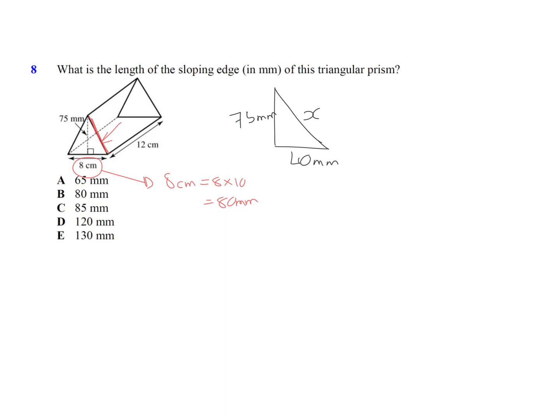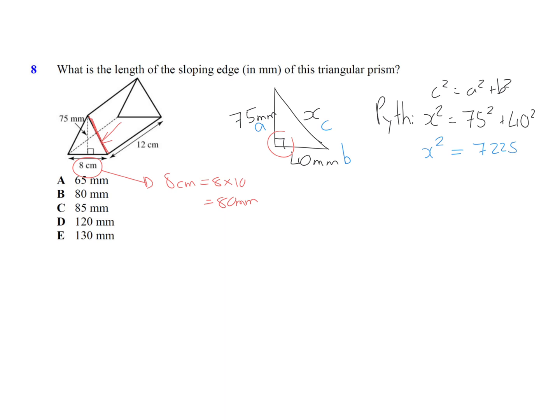For the other side, since I am only dealing with the sides and there's nothing about angles, I can use Pythagoras thanks to the 90-degree angle. So according to Pythagoras, the hypotenuse squared is equal to the sum of the other two sides squared. You are used to the formula c squared equals a squared plus b squared, where the hypotenuse is c and the other two sides are a and b. Then you work it out on your calculator, and